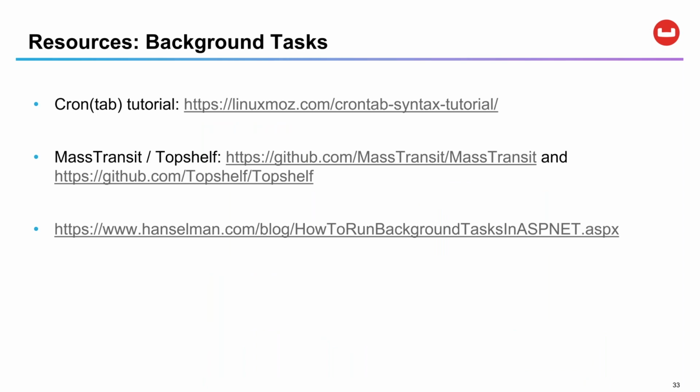Some other resources you can check out. Cron is everywhere, but here's a tutorial about the Cron syntax. So if you're interested in exploring that some more, check that out. If Hangfire seems like it's not enough, and you're still going to need to have a separate process anyway, you might want to check out these open source projects, Mass Transit and Top Shelf. I'm plugging these because a couple of friends of mine work on these projects. I think Top Shelf is a way to manage background processes and deployment in a much easier fashion. And Mass Transit's a way to do, I mentioned it early on,